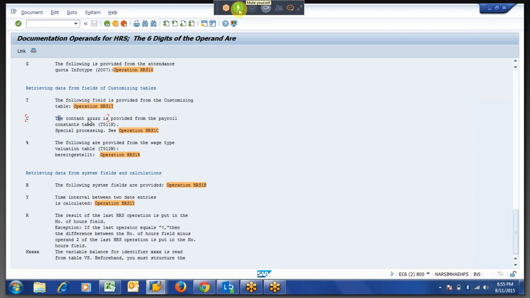This is the 5-digit code from the 511K table, right? So whenever you put HRS is equal to, then the next letter C and the constant of 5-digit code which was stored in 511K, that number will be stored in that HRS field.